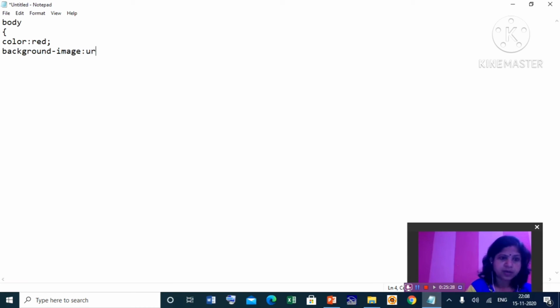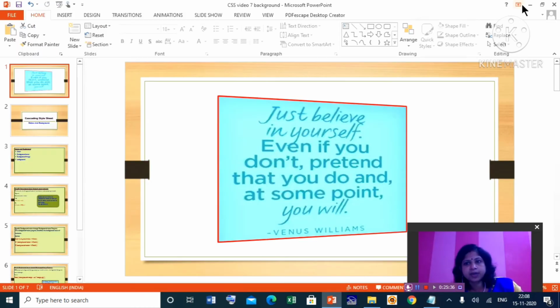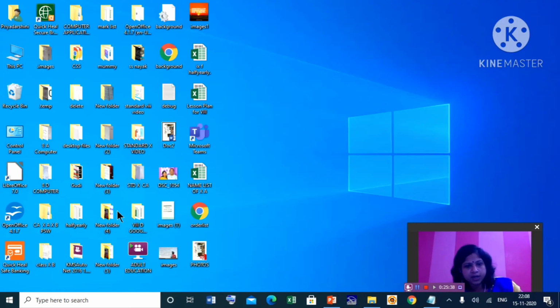Here you will give URL, and then write the image name. I will save the style sheet on the desktop, so that's why I have kept the image also on the desktop. Any image from the desktop you can keep.